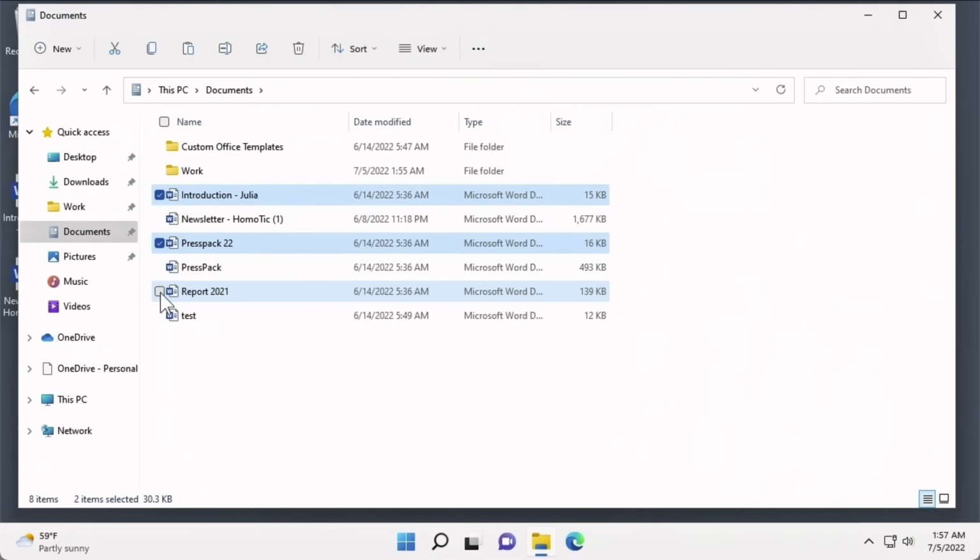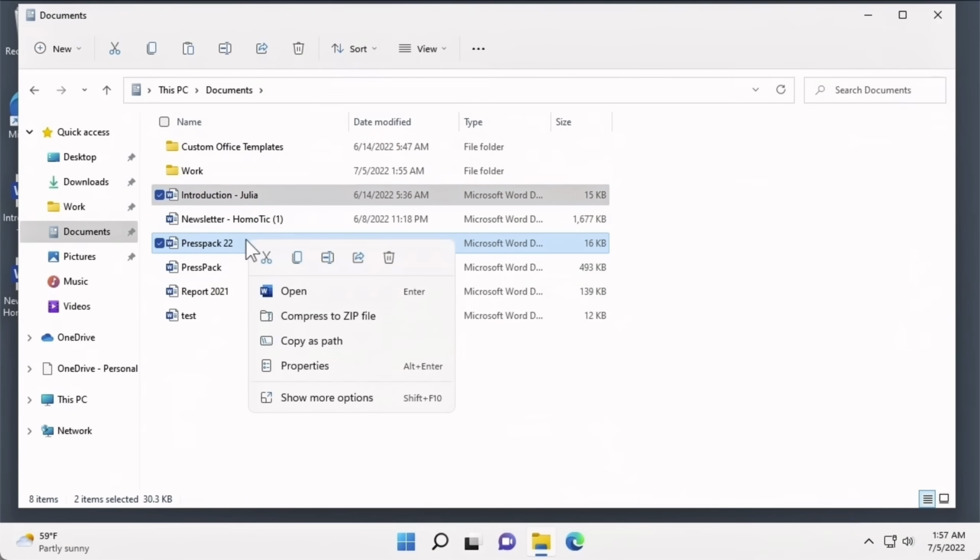Another situation in which it may be beneficial to select multiple files is if you're creating a compressed zip folder. A zipped folder is similar to a regular folder, in the way they both house data and files in one place. But files contained in a compressed zip folder will use less drive space and can therefore be quickly transferred to other computers. To create a zipped folder, right-click on the file selection and choose the option Compress to Zip